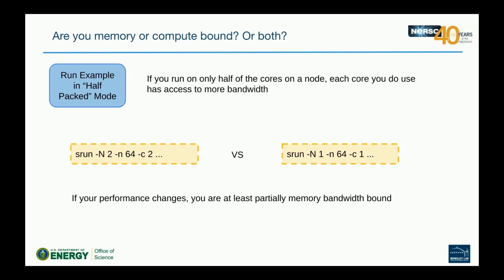So one of the questions you might ask is, how do I know if I'm memory or compute bound for a given piece of my application, a given subroutine, or a given loop, or a given kernel? And there are actually some simple tests you can do. So one of the simplest things you can do is run your code twice using the same number of, let's say, MPI ranks or OpenMP threads or the equivalent of that. But in one case, spread them out twice as much as the